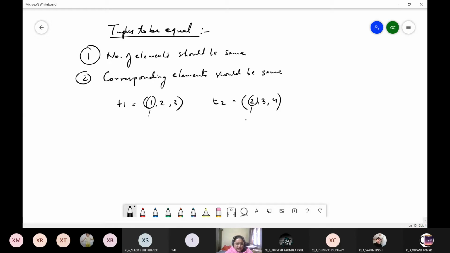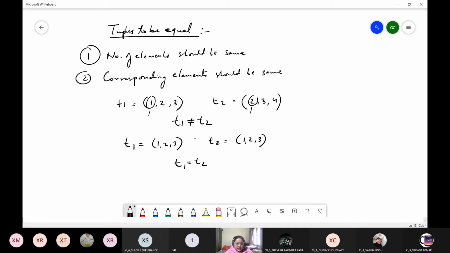So the moment one unequal pair is found, it is clear that both the tuples are not equal, right? So in order to be equal, it is important that number of elements should be the same and corresponding elements in both tuples should also be the same.